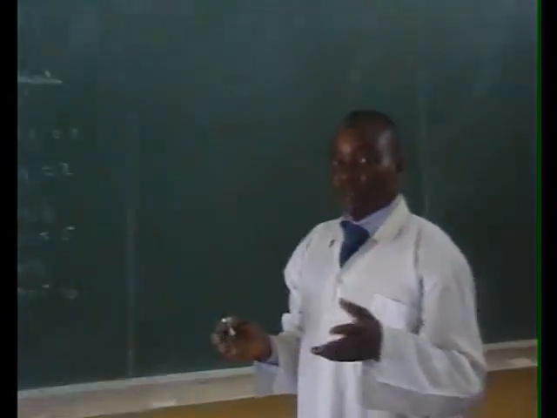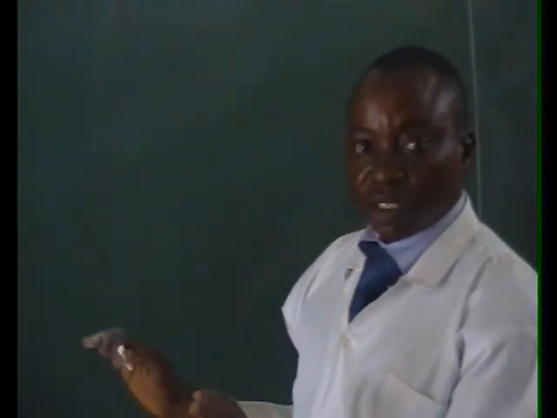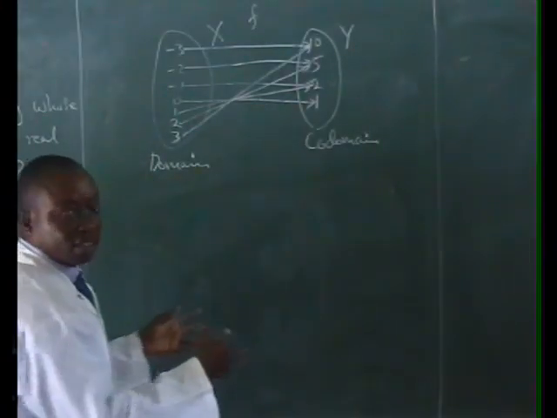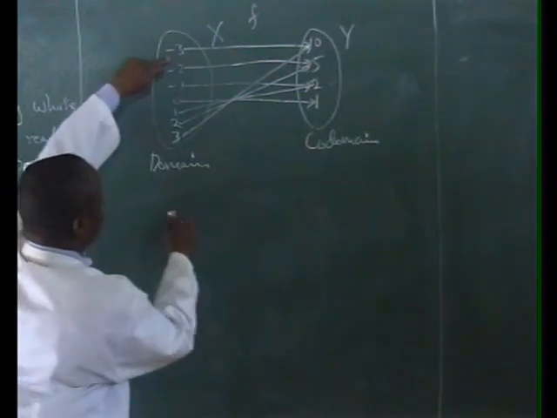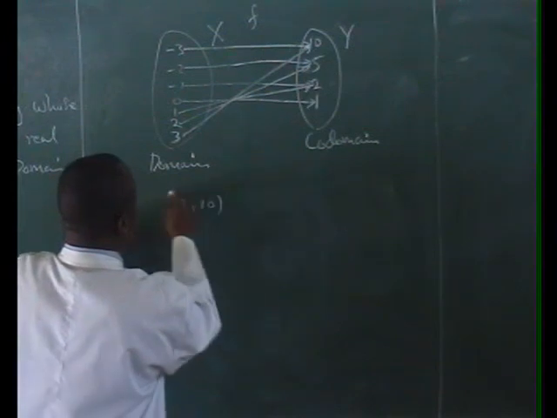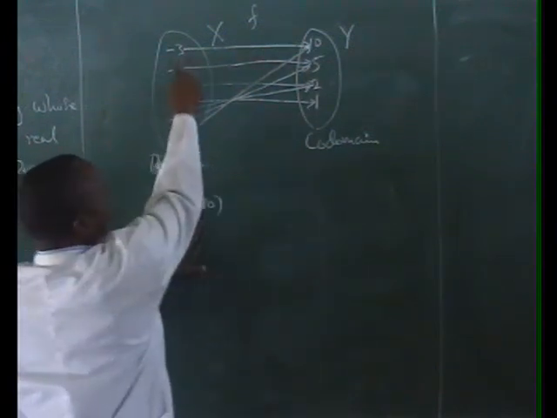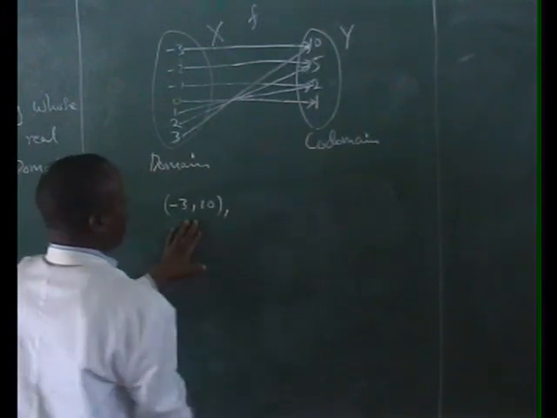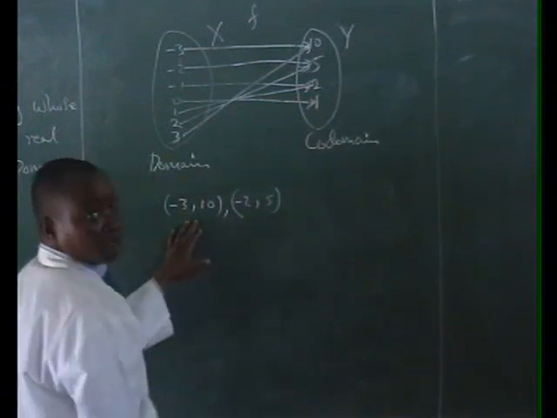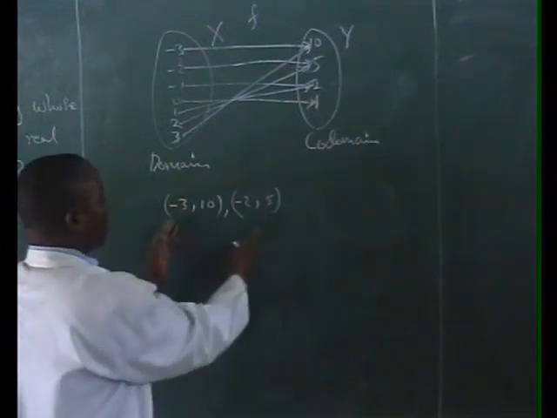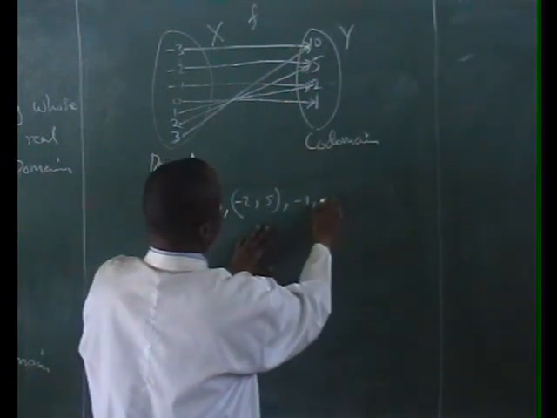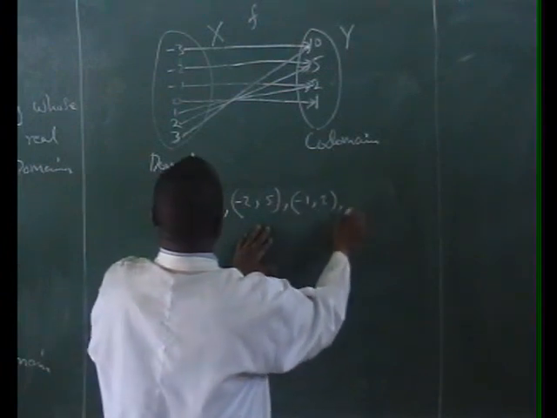As I was saying, you can place this as coordinates. Now, this is minus 3, so write minus 3 and 10. In these coordinates, minus 3 is mapped to 10. Then I have minus 2 and 5. Don't forget to put this comma to separate them. Then I have minus 1, 2. Then I have 0